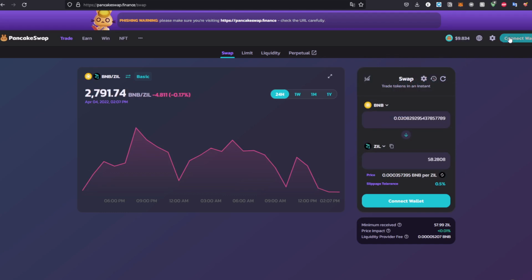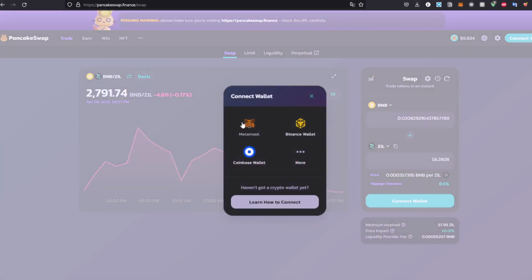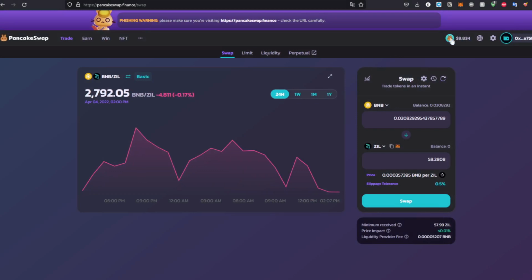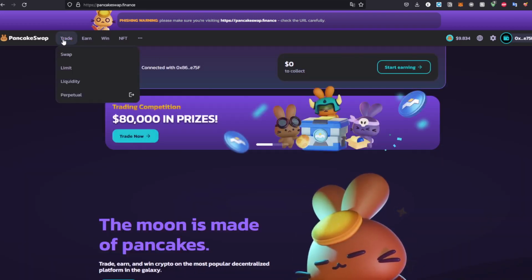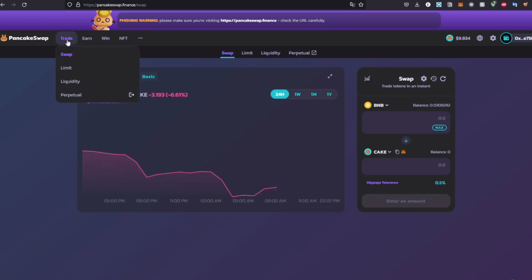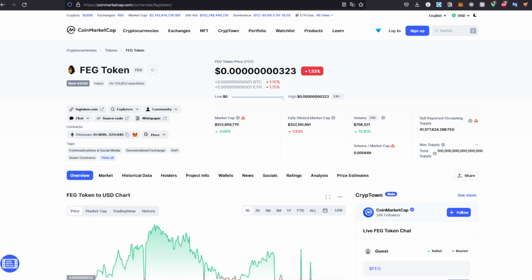All you have to do, hit connect wallet, choose your extension. In this case, it's going to be Metamask, and as you can see, it's already showing my BNB balance. I'm going to go to the home page. So after you go and search Pancakeswap, go for trade swap, click it right here, and then head to CoinMarketCap